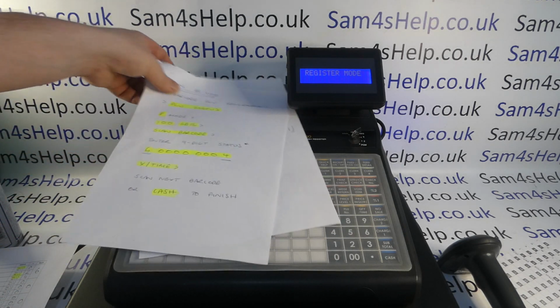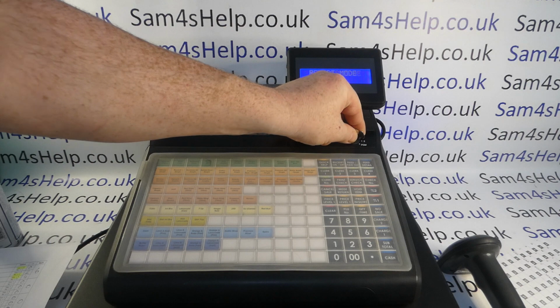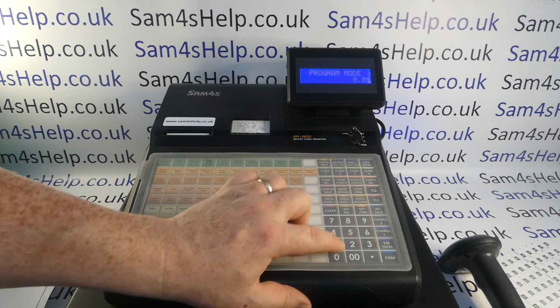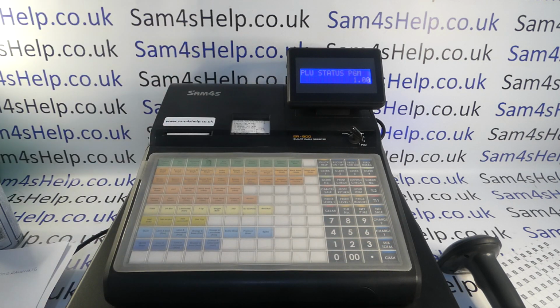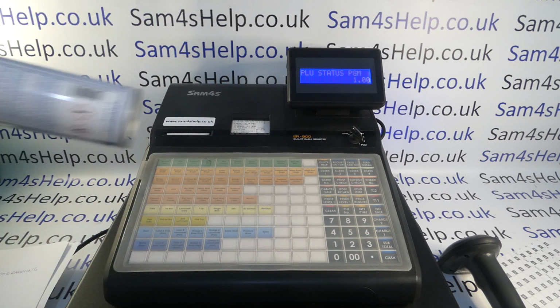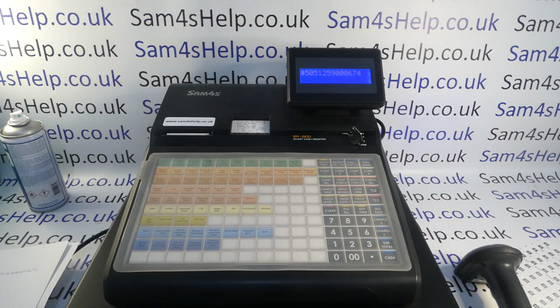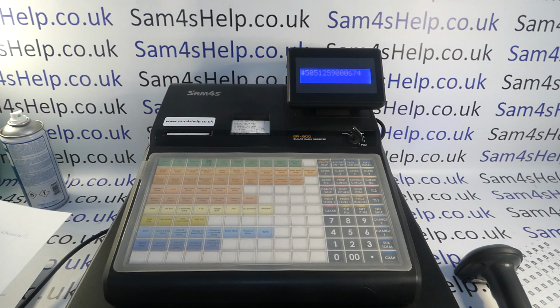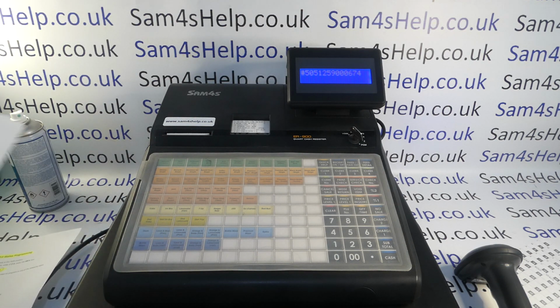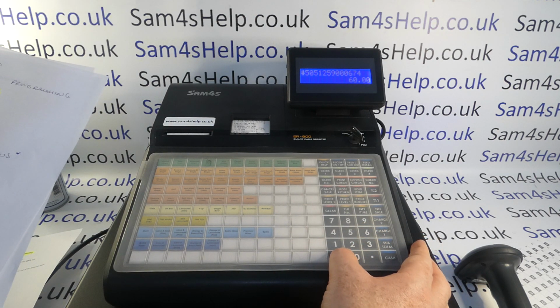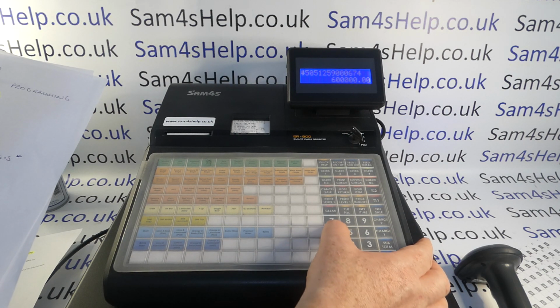So how you actually do the programming is turn the metal key marked P around to the PGM position. And then for PLU status programming, it's 100 subtotal. You then scan the barcode. It comes up with a barcode number on the display. You then enter that status. So this is the 9-digit status for the product, which may or may not be the same for you as it is for me. So I've got 6 0 0 0 0 0 0 0 4,